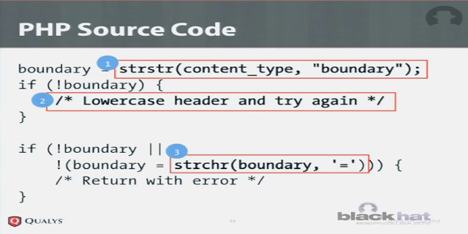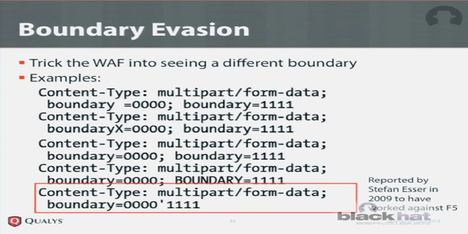So actually, PHP will match on boundary equals, but it will match on boundary 2, boundary 3 equals, and you can put any sort of other stuff there, and you can use all this stuff to confuse the web application firewall. And again, here we have examples of various things that generally speaking work, or can work depending on the product that you're testing. And all these tricks,